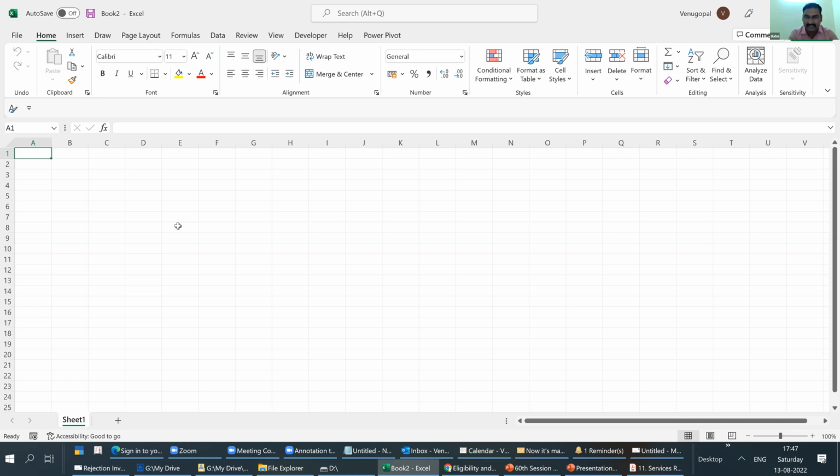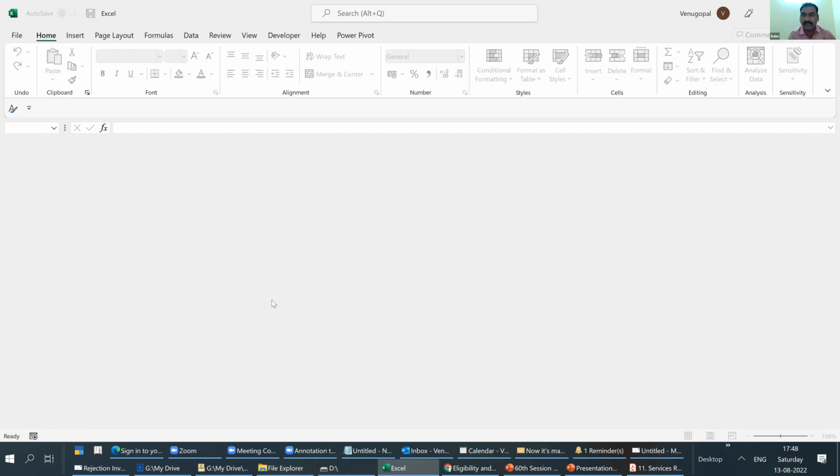Using the mouse, searching some other locations, right-clicking and opening new Excel files. Then another beautiful set of shortcuts: Control Tab, Alt Tab, Shift Tab. This will help you change from folder to folder, application to application, minimize, maximize. It is very useful if you use this function. It will reduce your time by almost 60 to 70% if you use the shortcut keys properly